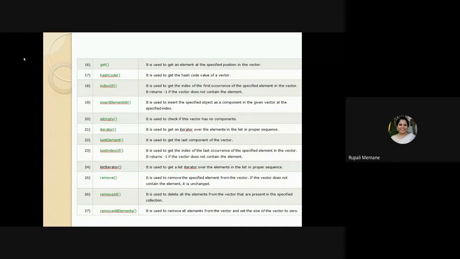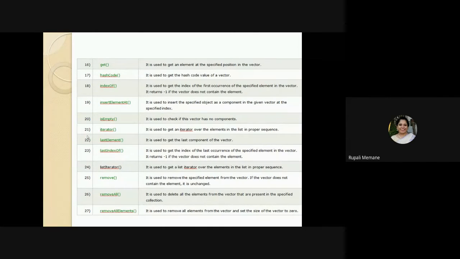And the hashCode, because we have done the vector up till now, we can use the add method and the addAll methods and so on. Now this hashCode method we will skip for some time. When we do it practically, I'll tell you what actually hashCode is. Now you know what hashing is. How does hashing work? How do you store the elements in hashing? The hashCode works on a similar concept. So skipping it for some time, we come to the next method.